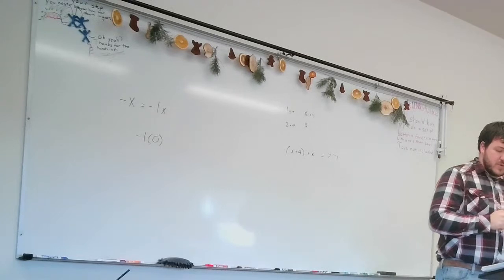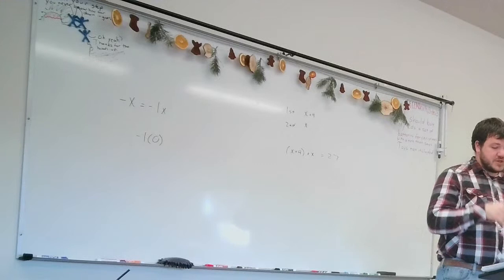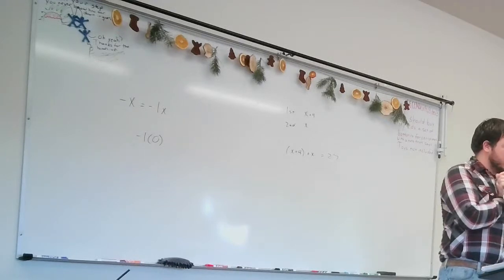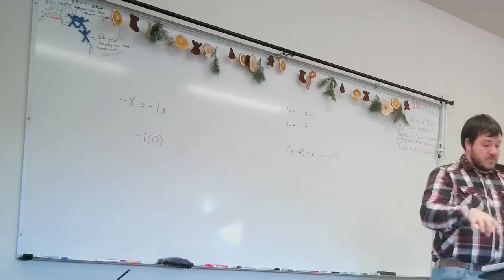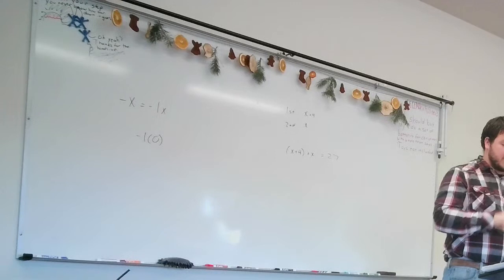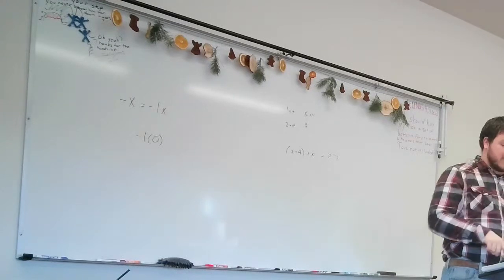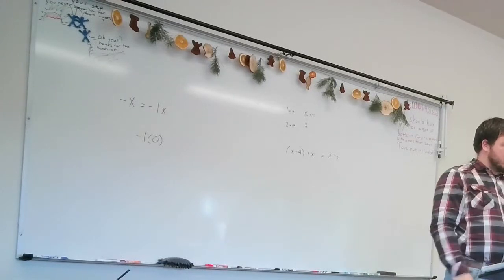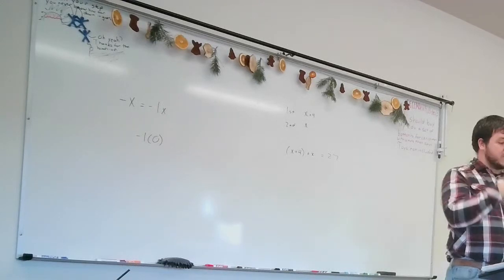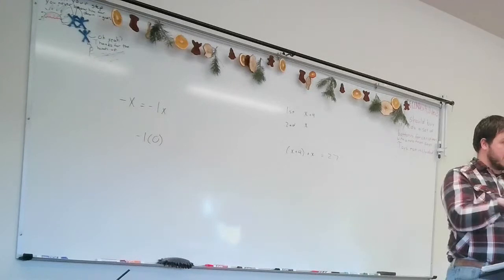From here on out, I'm going to be giving these ones. So each answer, like angle A is 60 degrees, angle B is 120, angle C is 50, angle D is 130. Those are each 1 point. And from here on out, we're going to do checking as a point.